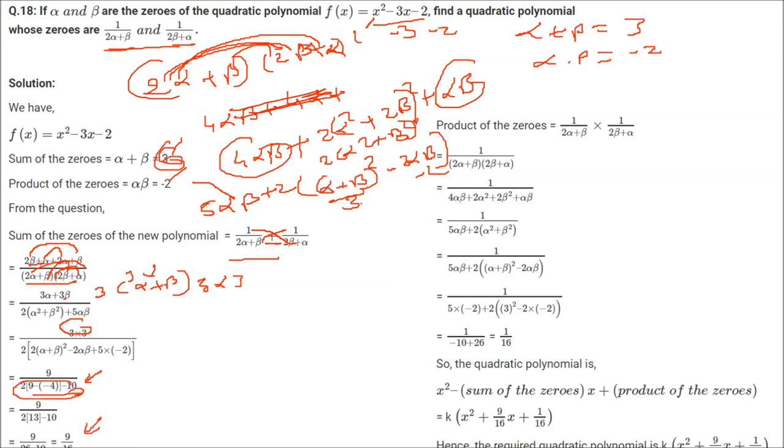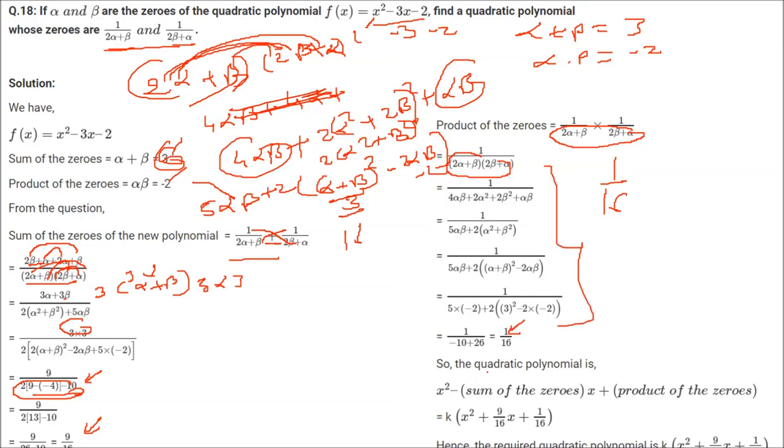So this is the sum. Now what about the product? Let us multiply this. We have already multiplied this right now. So what do we get? 16 here. So you don't have to do anything. This multiplication we have already done. This will be simply 1 by 16. If you put the value, this we have already done. So this will be 1 by 16. So you can have a look here also.